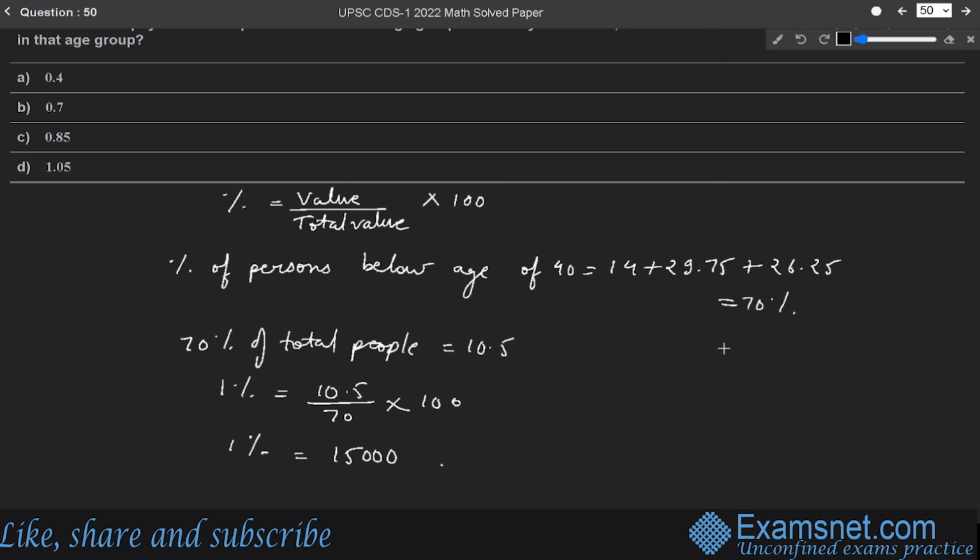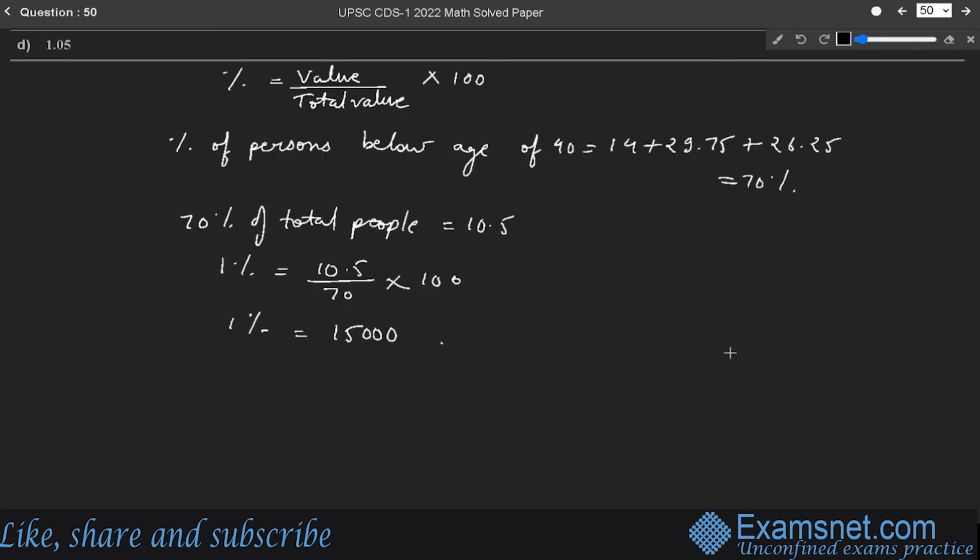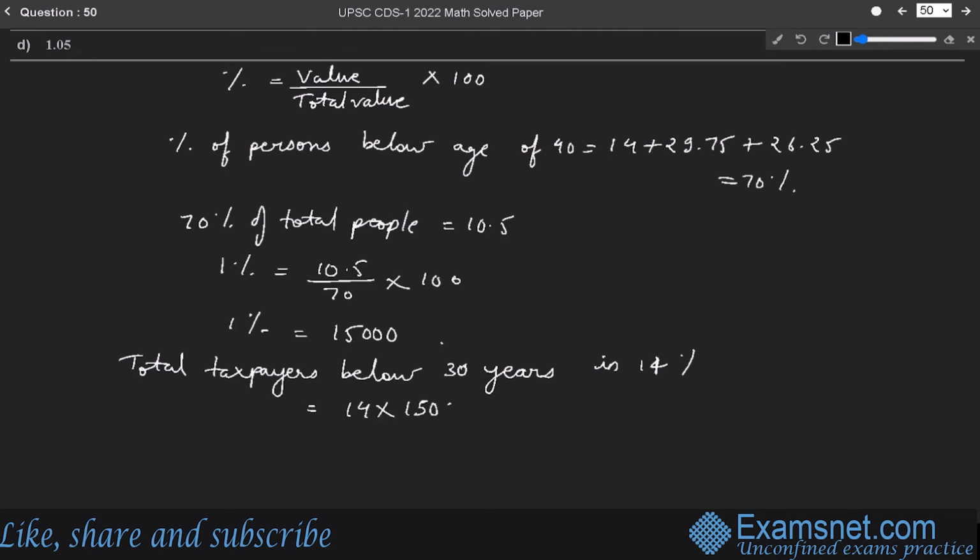So, the total taxpayers in the age group below 30 years in 14% will be equal to 14 into 15,000. See, 1% is 15,000, so 14% will be 14 into 15,000, which is